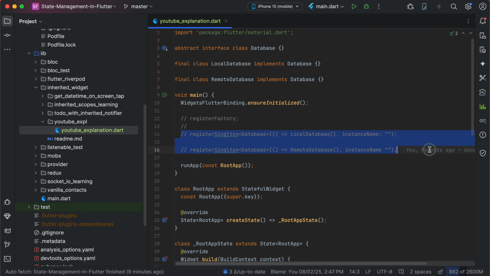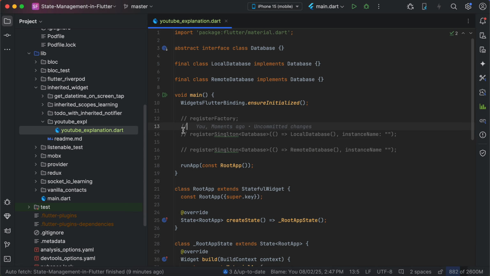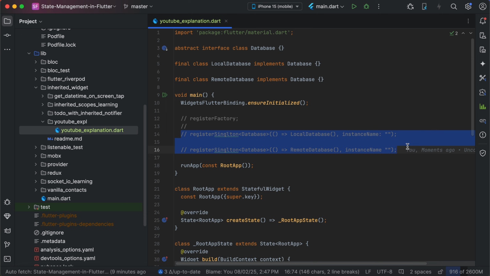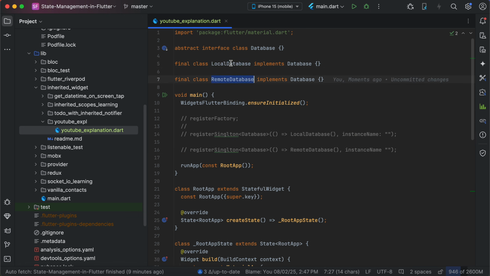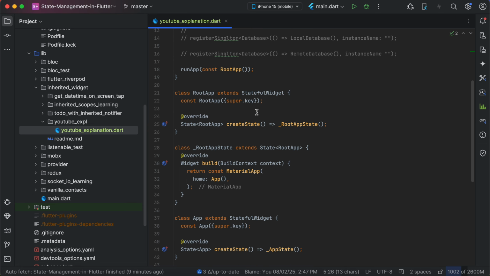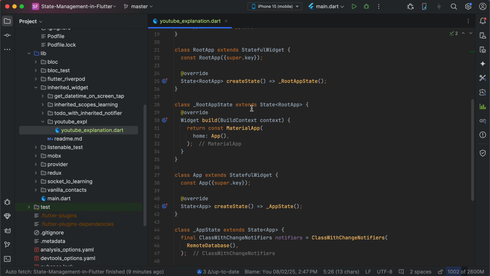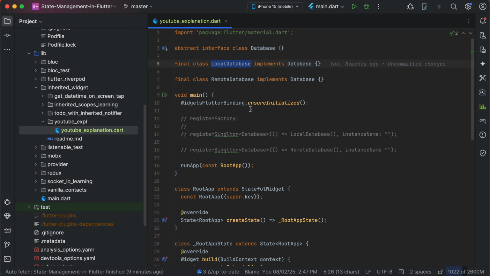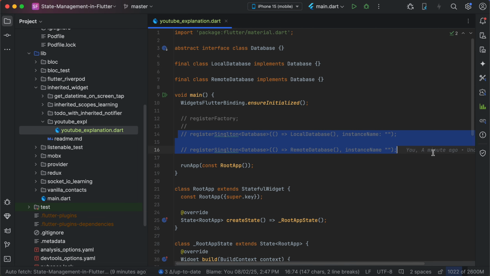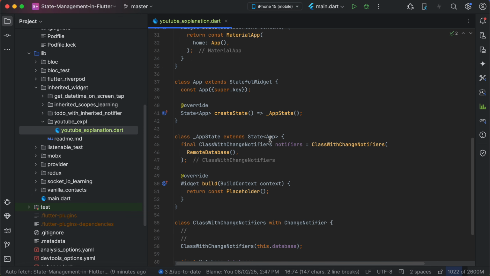And let's go further, and I will say that registering a singleton database and doing it like this with getIt is a lot more lines of code than just registering your database, or maybe setting your database right inside the constructor through the DI. You will write a lot of lines of code, and it's not good. That is why what I did,